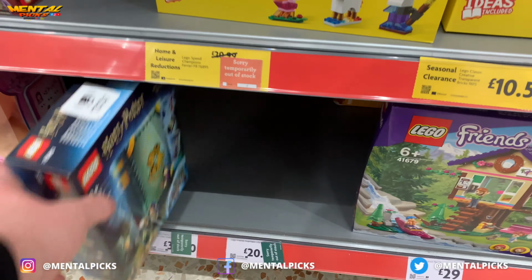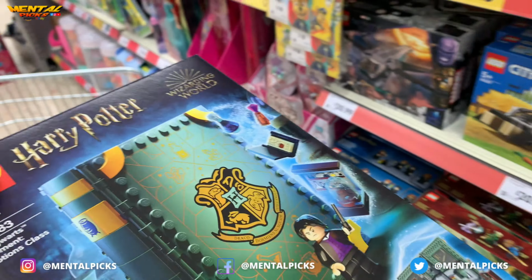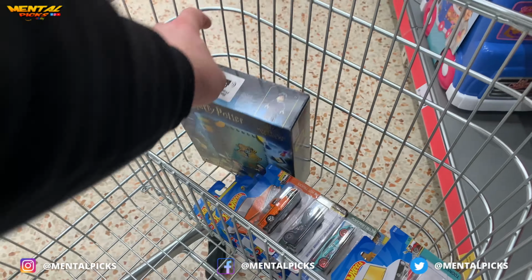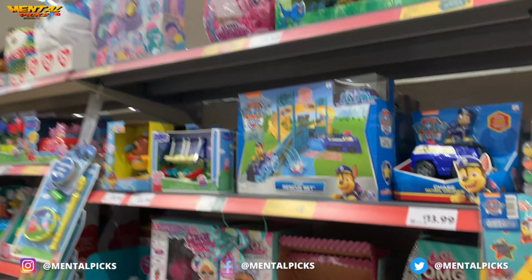This is a mistake. This is not the same item, so it's the wrong item. I just realized it later on after trying to pay for that. So what else do we got? Okay, these ones,